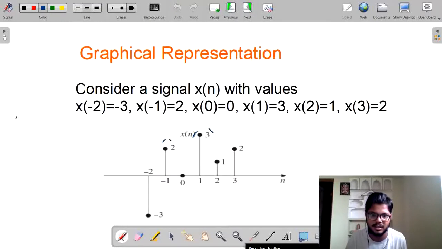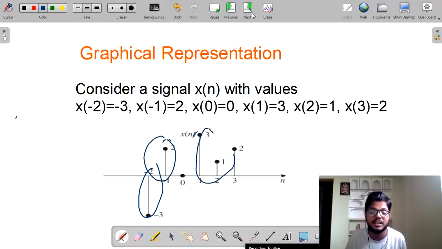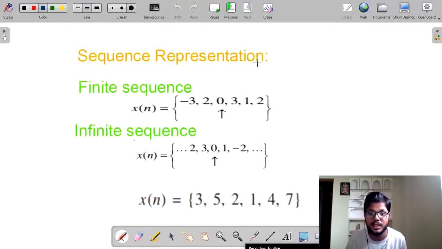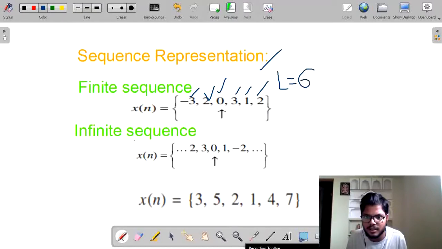The same signal can be represented in multiple ways, and there is a last representation called the sequence representation. In the sequence representation, we will study some cases. First is the finite sequence. As the name indicates, there should be a finite number of terms. How many terms are there? Here comes the concept of the length of the sequence. For the length, you must calculate the number of elements. Simple: 1, 2, 3, 4, 5, 6. The length is 6.